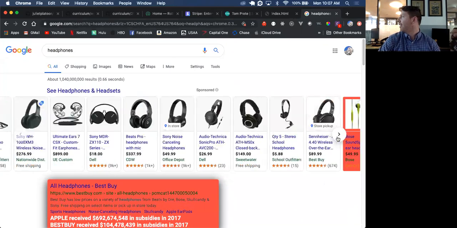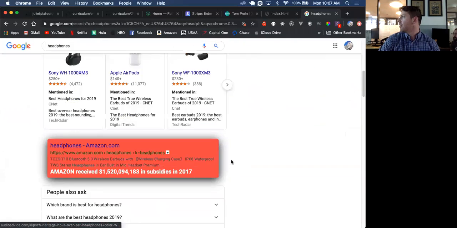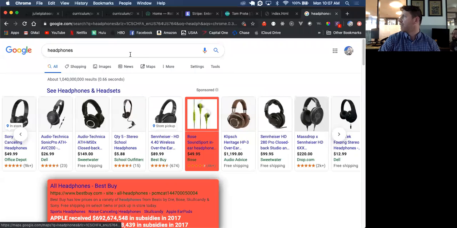Yeah. $692 million. Now, these are government subsidies? Yeah, federal, state, and government. Yeah. So that's just,